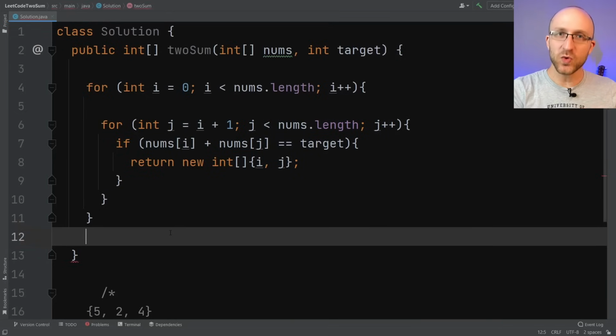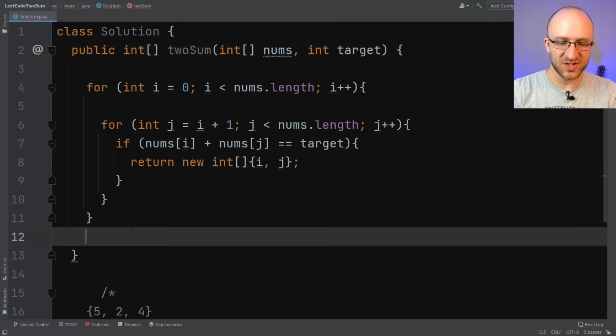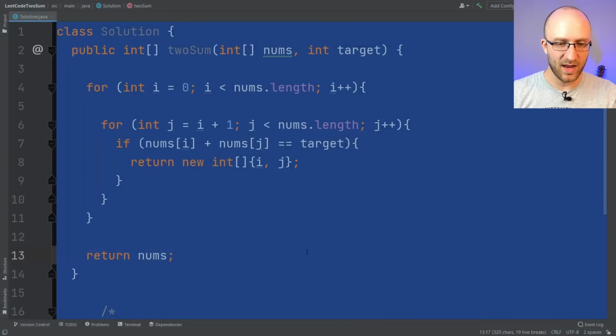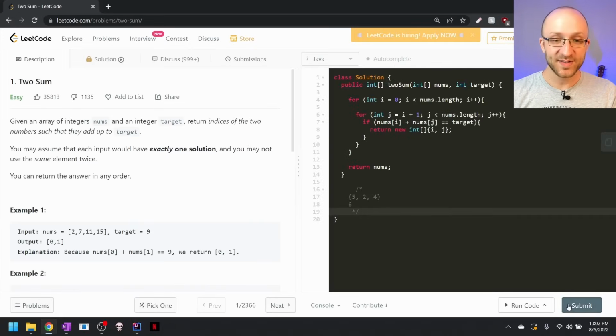Now according to the rules of this LeetCode problem, it's always going to have exactly one solution, so in this situation it doesn't matter a whole lot what we return, it just has to be some int array. So what we can do if we want is just return this nums array that's passed in. So let's go ahead and copy and paste our code back over here into LeetCode and submit it and see